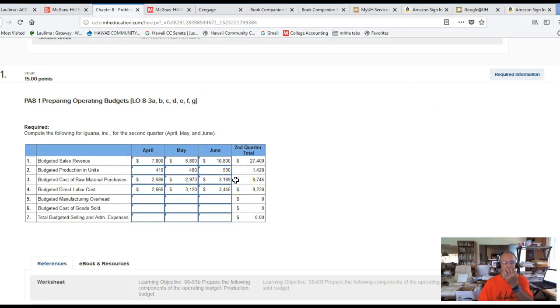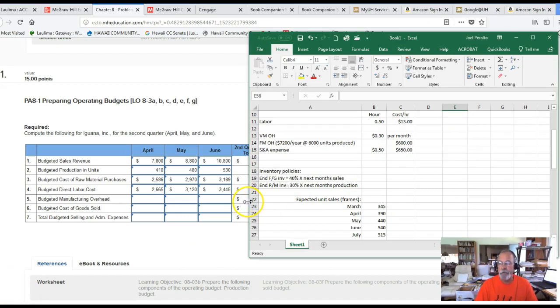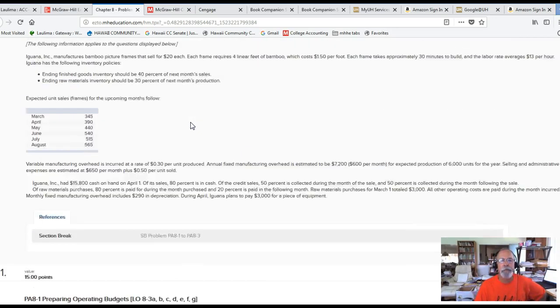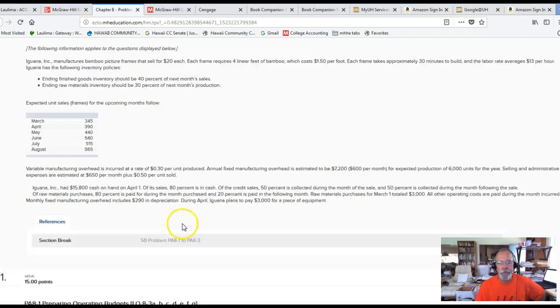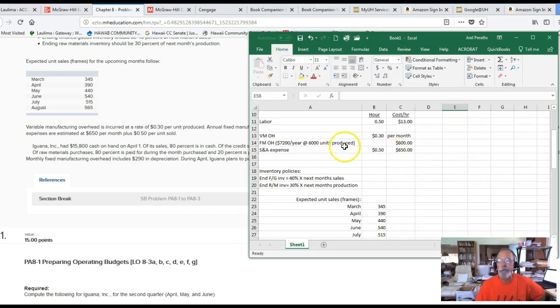Okay, budgeted manufacturing overhead. Budgeted manufacturing overhead. Okay, sorry, I had to turn that off so I could sneeze. Budgeted manufacturing overhead. If we go back to our overhead information, they're giving us both variable manufacturing overhead of 30 cents. I have per month there, but I'm thinking that's probably per unit. Yeah, per unit produced. I don't know why I put down per month. So this is variable manufacturing overhead, 30 cents per unit, plus fixed manufacturing overhead at $7,200 a year, or $600 per month,